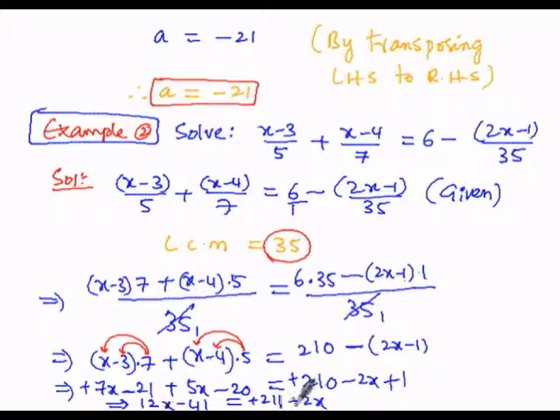I want to transpose minus 2x on the left hand side as plus 2x. I want to transpose minus 41, which is on the left hand side, to the right hand side as plus 41. So in the next step,